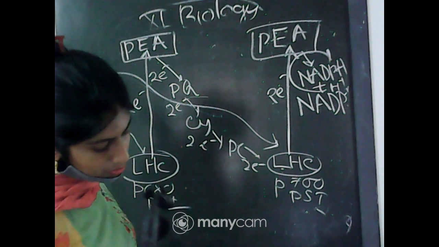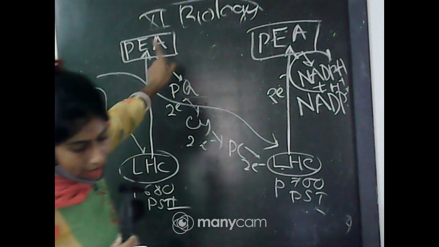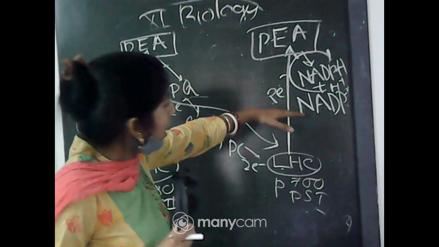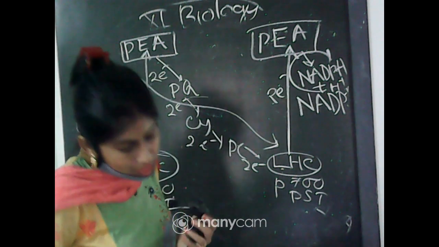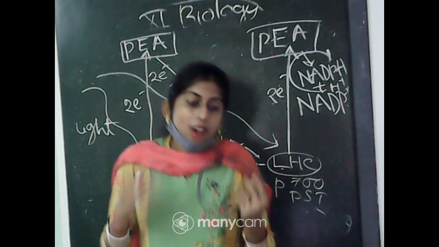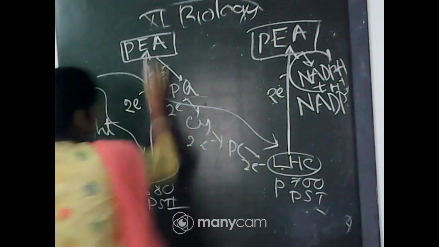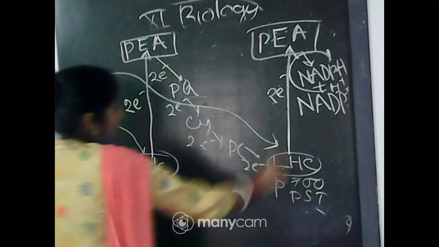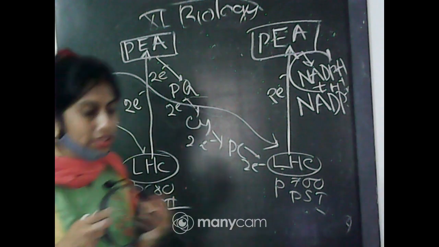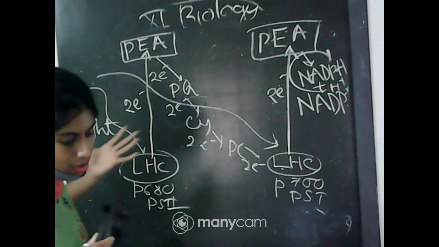This whole system of transfer of electrons, starting from PS2 uphill to the acceptor, down to another acceptor, and finally downhill to NADP plus, causing it to be reduced to NADPH and H plus, is called the Z scheme. As you can see, it is forming a Z-like pattern: first upward, downhill, upward, downward. That's why this non-cyclic photophosphorylation is called the Z scheme, due to its characteristic shape.